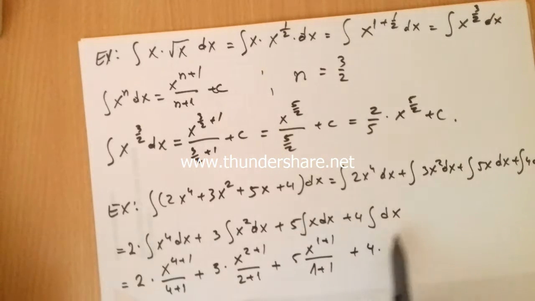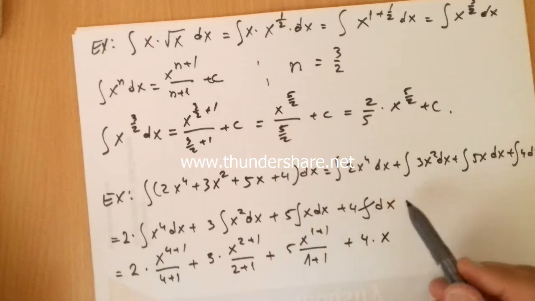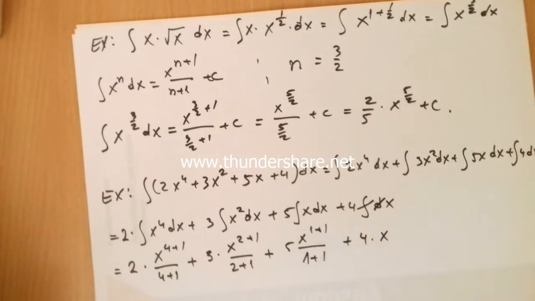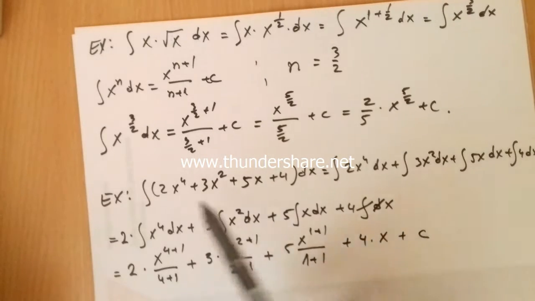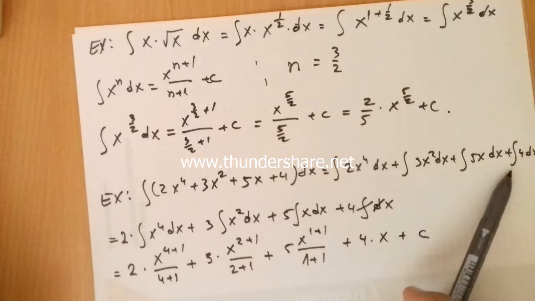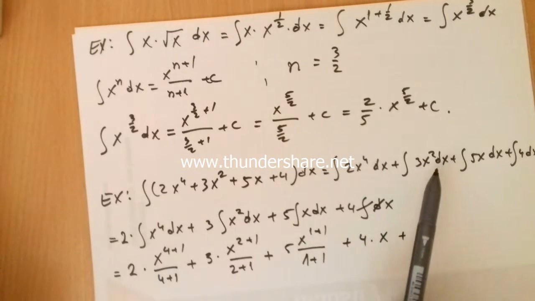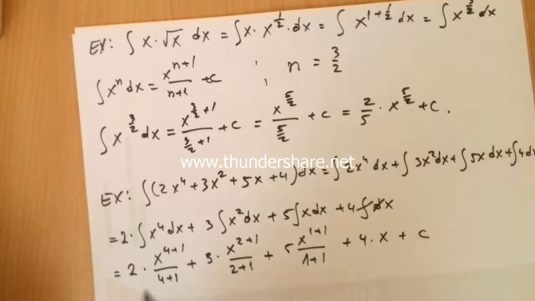So this integral is only x. Remember in the beginning we said that the integral and the derivative are opposite things, so they cancel each other. So in this case we can put one constant here, one here, one here, one here, and we can sum c1 plus c2 plus c3 plus c4, which is equal to c,